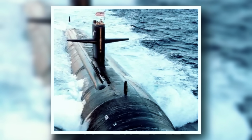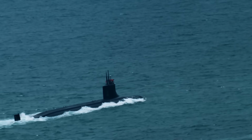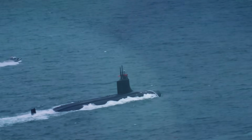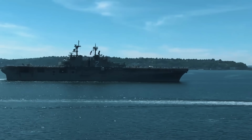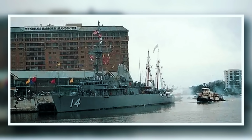The USS Los Angeles, launched in 1974 and decommissioned in 2011, was the lead vessel of the Los Angeles-class submarines. For decades, it represented the backbone of America's attack subfleet and was the longest-serving sub at the time of its retirement. The U.S. Navy operates 14 Avenger-class mine countermeasure ships, including the USS Chief MCM-14, launched in